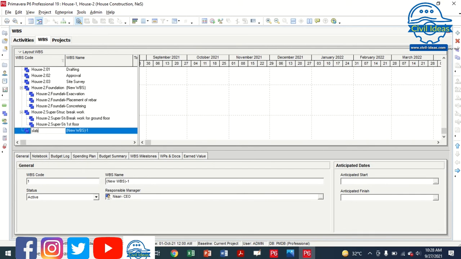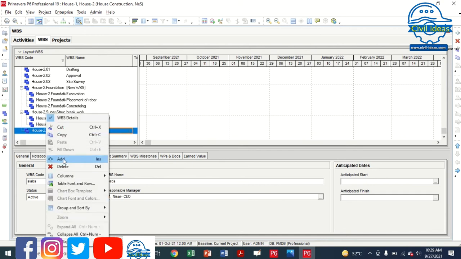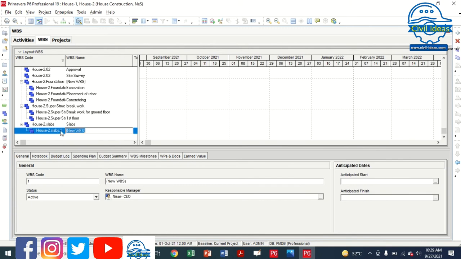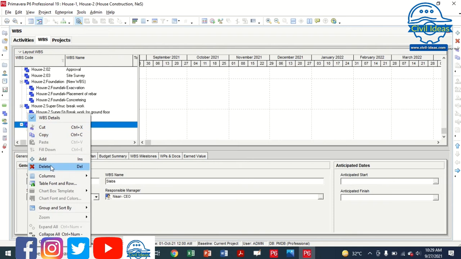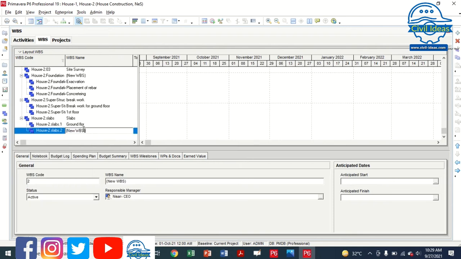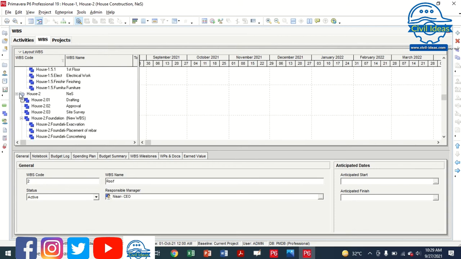So this is okay. Now I have to add activities like slab 1 for the ground floor, and in the same manner you can add it to the first floor. Now I have to add also here the roof. Like first you have to cast the ground floor slab, and then brickwork of the first floor, second floor, and then the roof. Okay, so these are some activities, and finally you can add the end of a